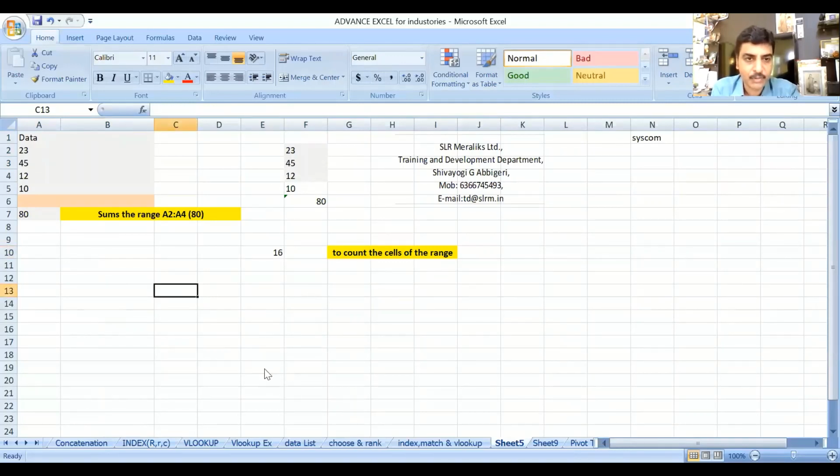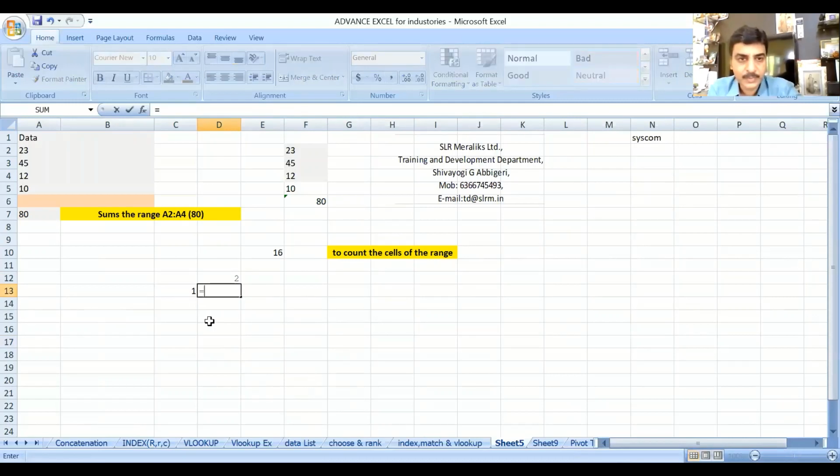So here I given 1, here I given 2. Okay, I'll give 2 here. On multiplication table we will practice. That is a nice example to do that one. So what I'll do here is equal to this cell, means C13